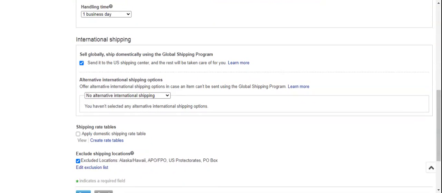International shipping. Sell globally, ship domestically using the global shipping program. Now the GSP, what that is, how it works, is instead of you sending a package internationally and having to worry about all the international forms and all that paperwork, what you do is you ship to an eBay warehouse, which is